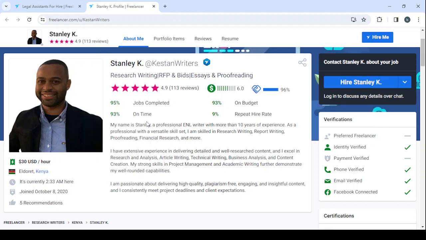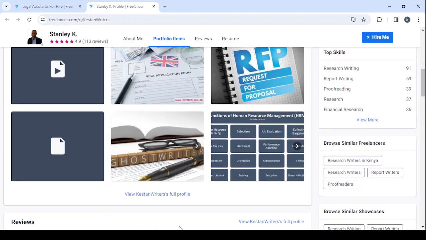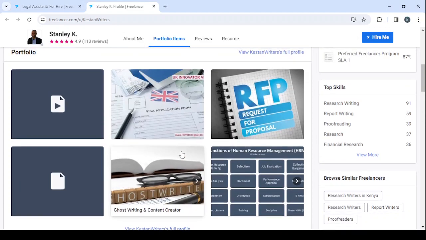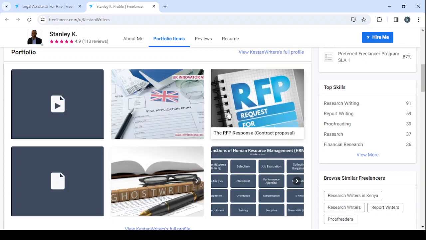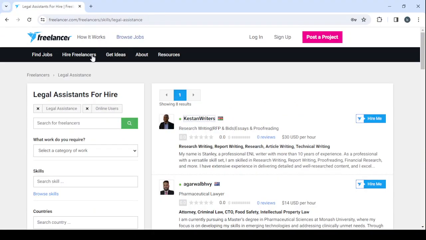Also, I'm going to show you how you can drop a decent description for your profile, and also I'm going to show you how you can enter your portfolio as well. And the portfolio, guys, is very important. It's what makes the clients hire you in the first place, because when clients check your portfolio and see that you're doing a great job, then they will hire you immediately. So let's go back to the main page to show you how you can create your own profile. Let's go back,